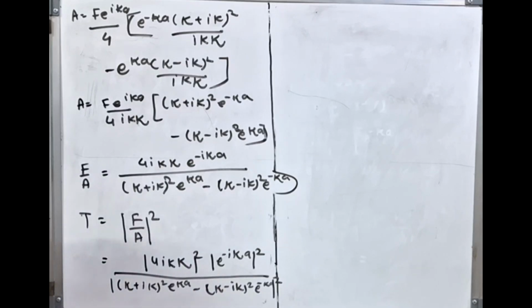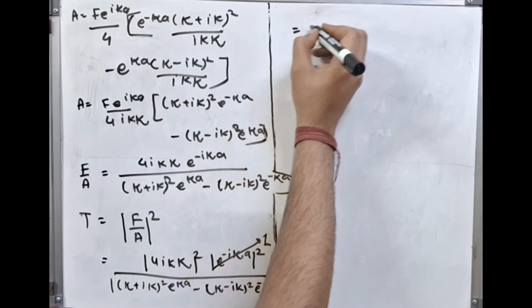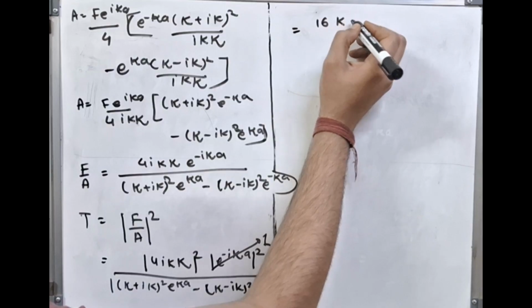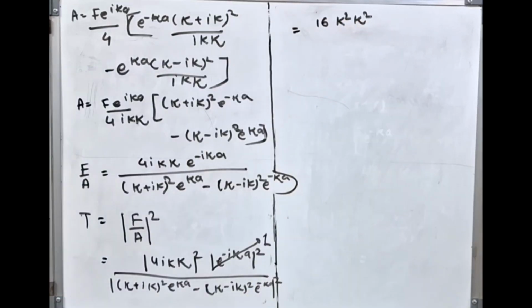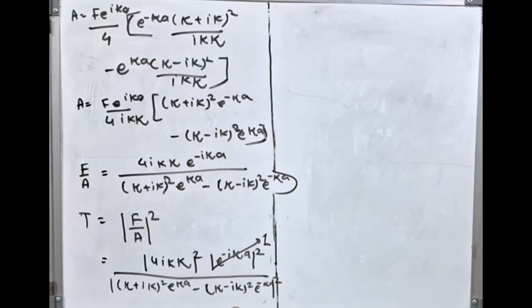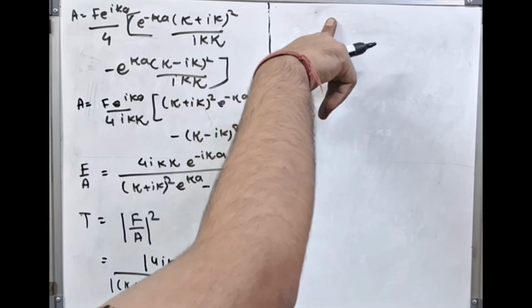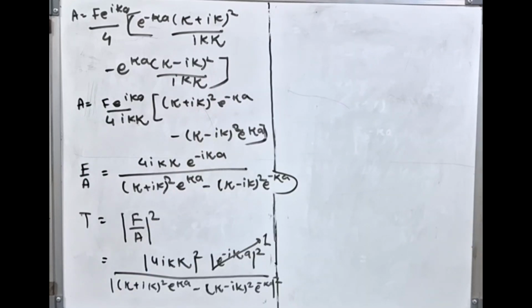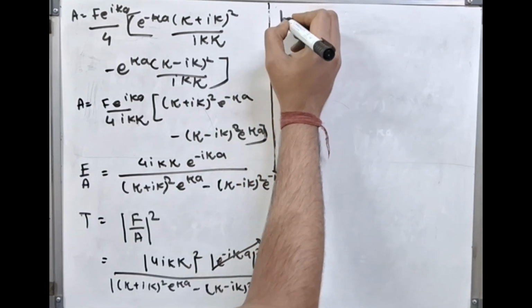So let's just simplify the numerator. So this is going to be 1, okay, and this is going to be 16. I'll write it 16 k square kappa square. Our numerator is definitely solved, but our denominator is still yet to be solved. So we will take it in a separate way. Let's just erase this first and solve the denominator, because the answer which I wrote for the numerator is correct, but for the denominator there is more to write. So the denominator we know is